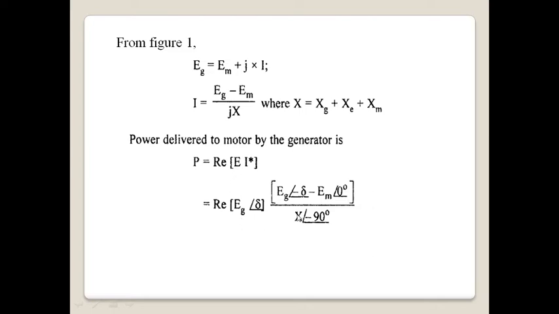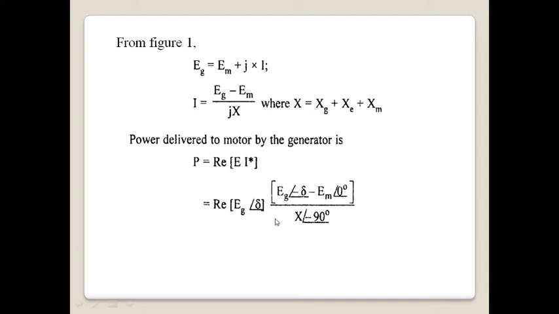Now real part means we have to take the cos term, so it will be cos of 90. Now if you multiply with the second term, it is EG into EM, and this will be at an angle of del plus 90 degrees. Real part means we have to take the cos term, so cos of del plus 90 degrees. Again, you have to answer why we are taking only the cos term for the real part. This you have to answer in the live WebEx lecture.